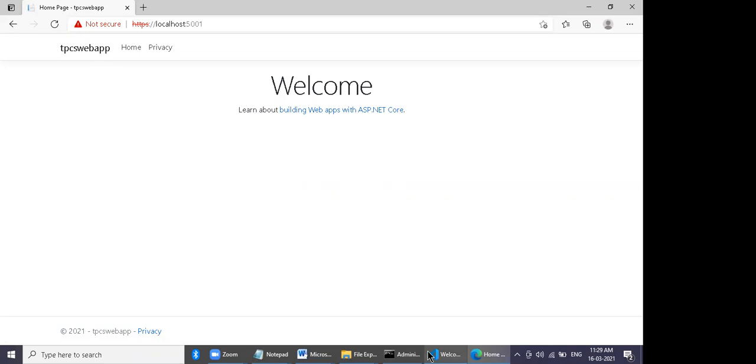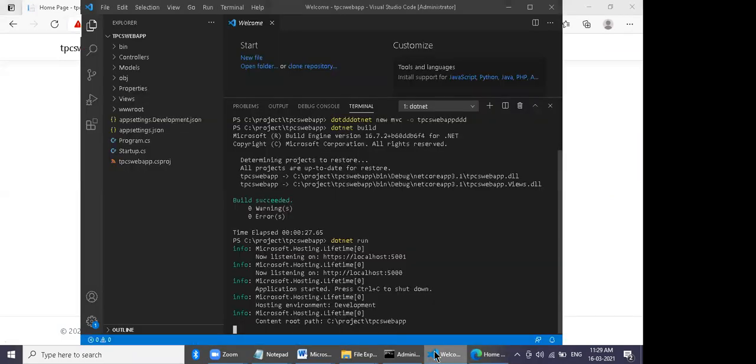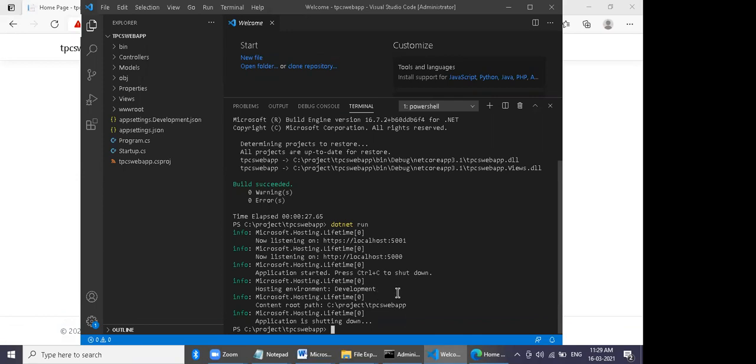Go back now. Let's update the code. Say Control C to stop the running first. Go back to the Views folder on the left hand side.